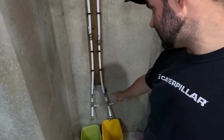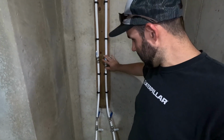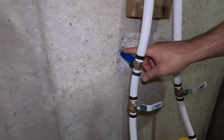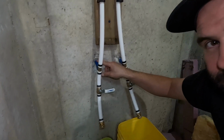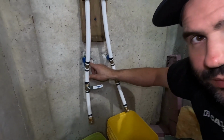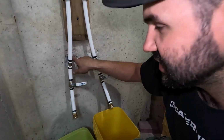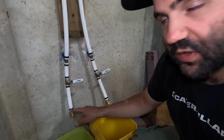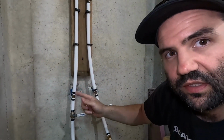So why do I have these extra valves here? So these two shut off the water to the shop. And then these two here, you can see where it turns and goes out the wall. And I actually bought some water stop cement to seal these holes, but I never got around to doing it, so it's on my to-do list. But basically the water comes down, these 2 lines go out to the shop, and then these 2 valves are for my winterizing. So all I gotta do is shut these 2 off, open a faucet in the shop